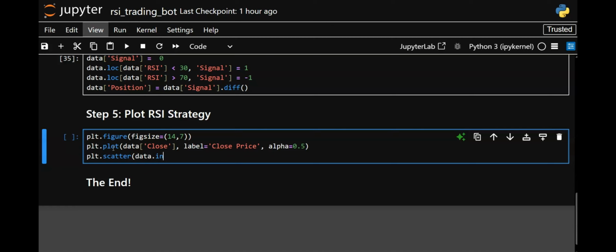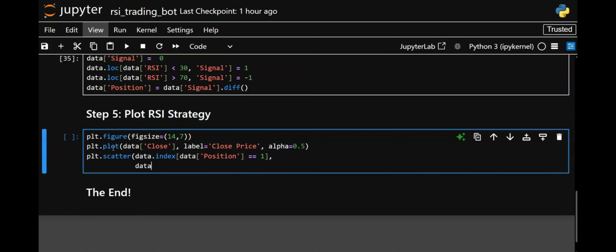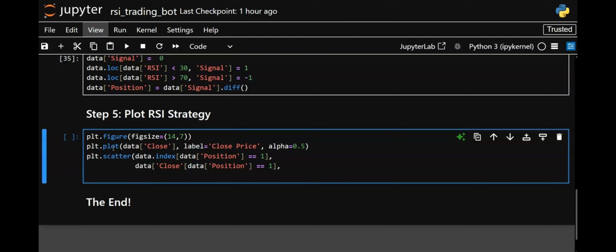data.index[data['Position'] == 1], data['Close'][data['Position'] == 1], label,